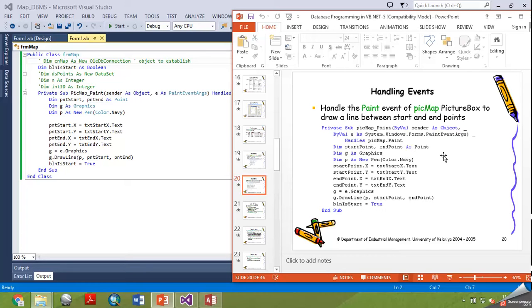Now, as the first step to connect your application to the database, you need to specify to the application from where it has to take this set of OLEDB classes. For that you use this import statement. Go to the very top of your code, even before the class statement, before everything, and type imports